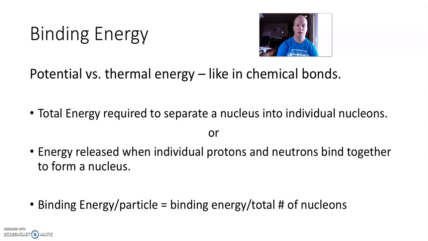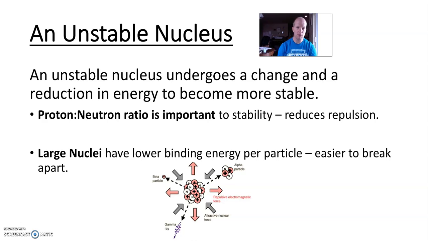All right, and then just to kind of put it into perspective, binding energy per particle, that means the total binding energy divided by the total number of nucleons. Okay, so we can look at it and say, okay, how much energy is it to just pull one particle out of that nucleus? And that'll come into play here as we start talking about fission and fusion down the road. Okay,